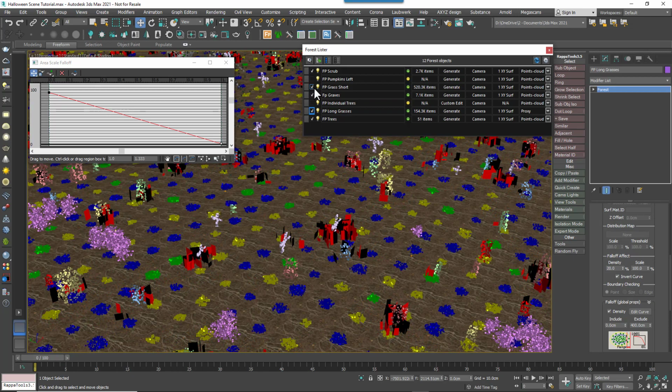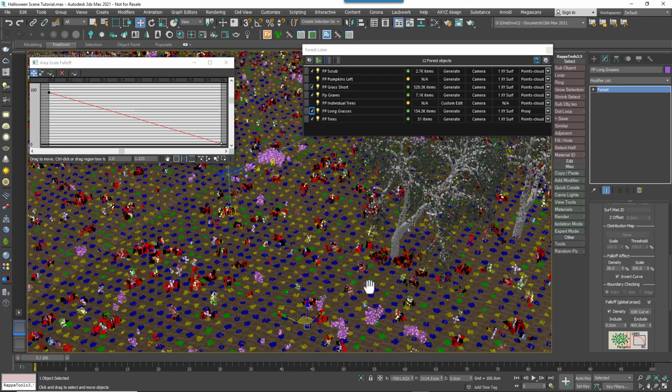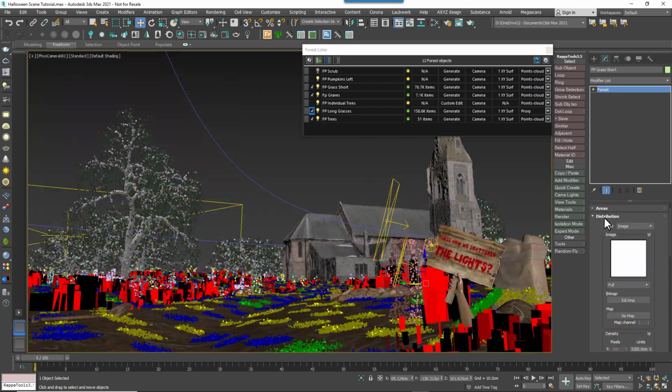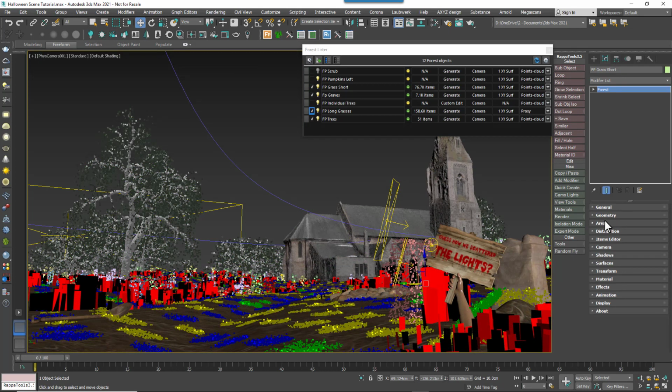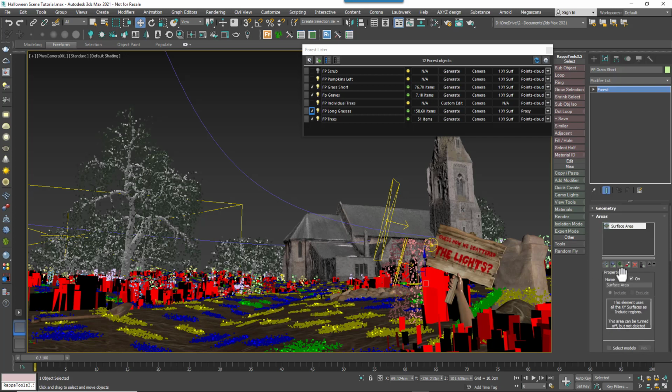Under all this, we've added a grass preset from the built-in forest library, and once again it's applied to the whole area, but as it's so short we didn't think it necessary to exclude it from around the trees, especially as it'll be masked by this long grass we just added. However, we do want it to be removed from the path in this scene, and to do that you'd simply go to the areas rollout and add a spline area. Set the mode to exclude, and then increase the thickness property until you've excluded the grass from the width of your path. Easy as that.